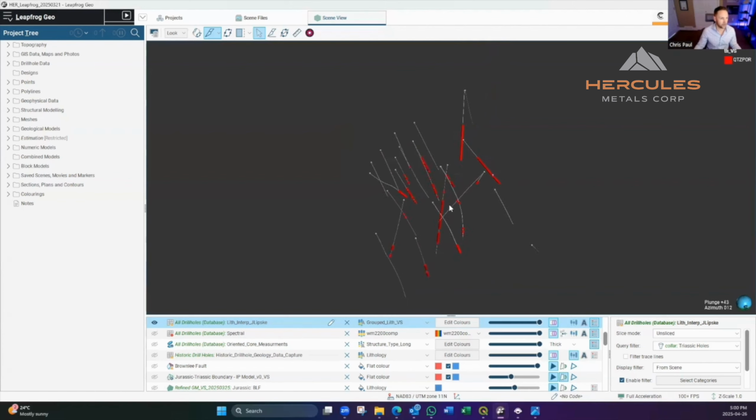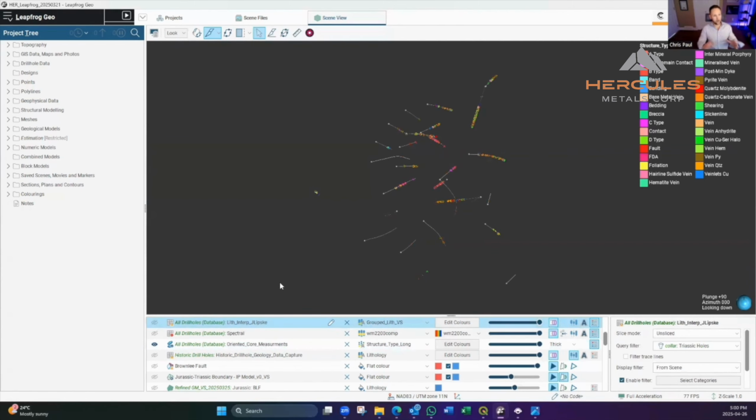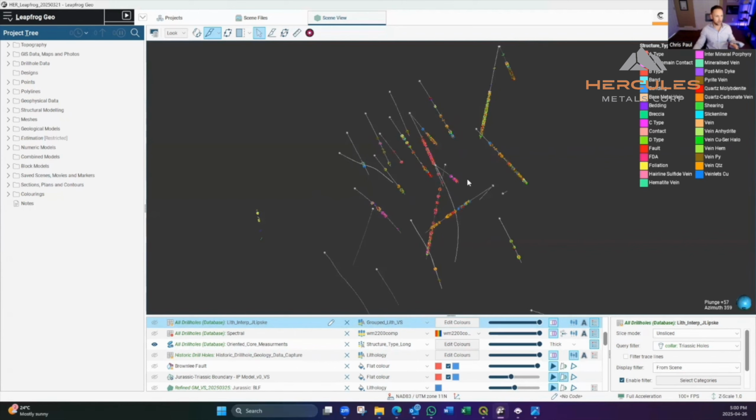Now, how do you model this? You've got to connect everywhere that porphyry was intersected in these holes. You've got to connect them together, and to do that, you need to know which way it's dipping. You can't just go connecting dot to dot. It just doesn't work like that. Fortunately, as I mentioned earlier, we drilled with oriented core. What that means is down the holes, we can actually measure the real true strike and dip of anything planar. And this represents all of the measurements that were taken, thousands and thousands of measurements,